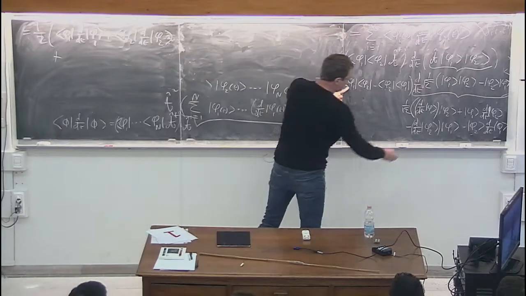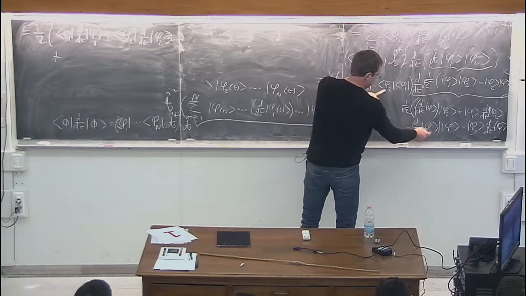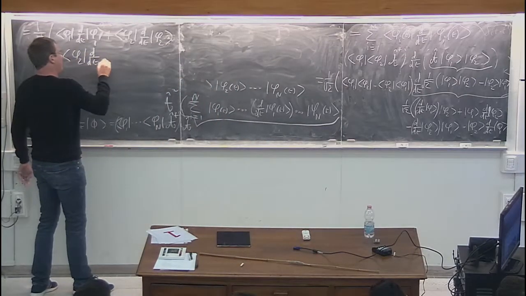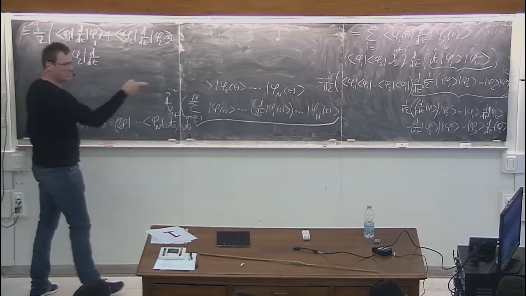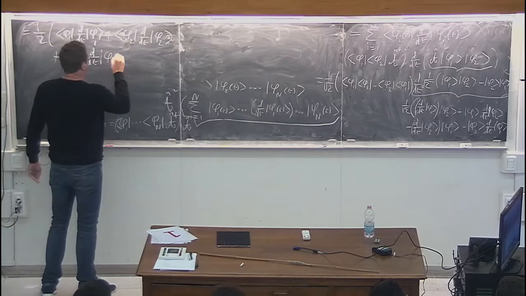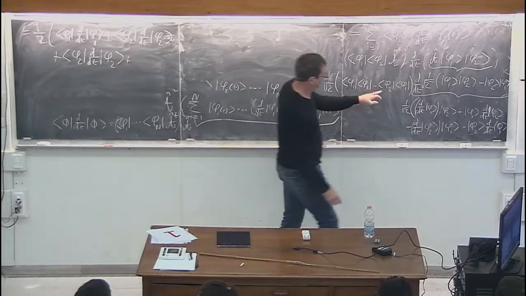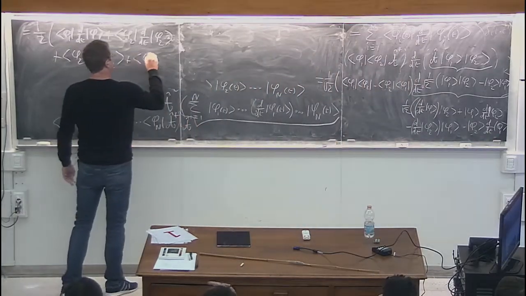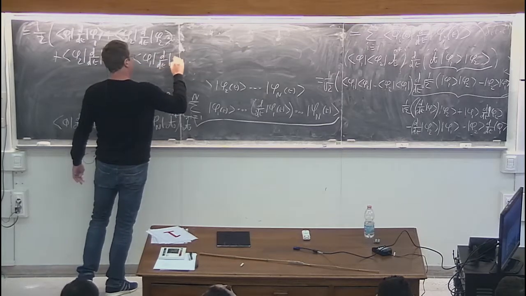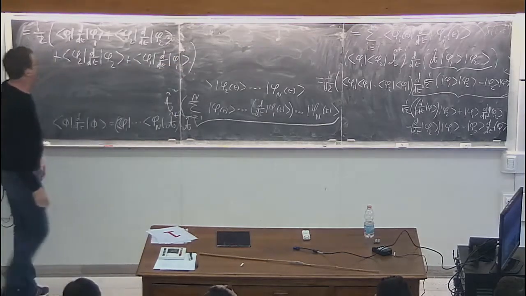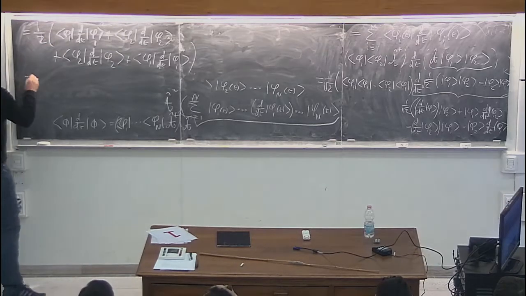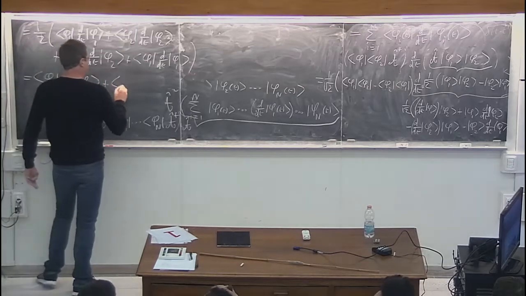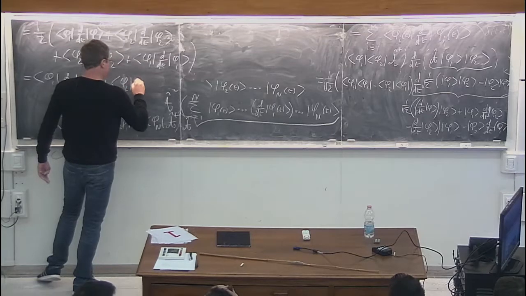And I have phi 2 d on dt phi 2. I'll do things in detail only once. Next time, we will just do it much faster. And the last term, phi 2 is 1, phi 1 d on dt phi 1. This is just equal to phi 1 d on dt phi 1 plus phi 2 d on dt